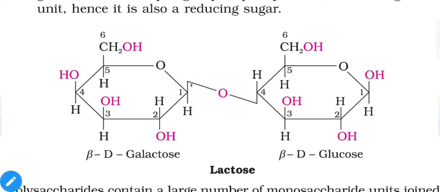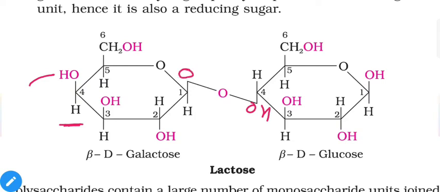As we can see, the first reactive group present in galactose is already used, but the second molecule uses its fourth carbon. That's why our first anomeric carbon is free, or still available. That's why it is a reducing sugar. And you can see the difference in their structure, and again the only difference visible is at the fourth carbon. The position of the OH group is above in the galactose molecule, and the position of the OH group will be below in the glucose molecule. So this is the only difference between them.